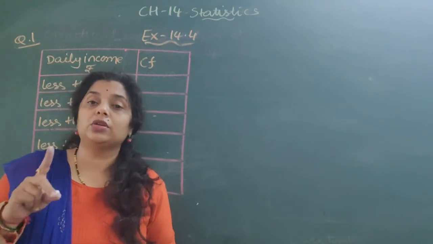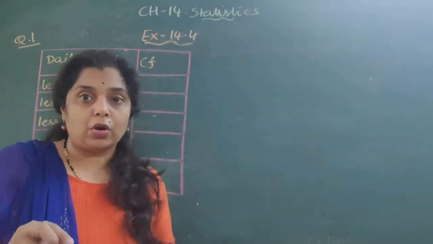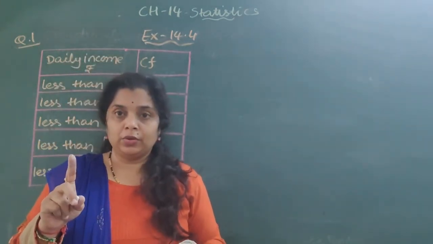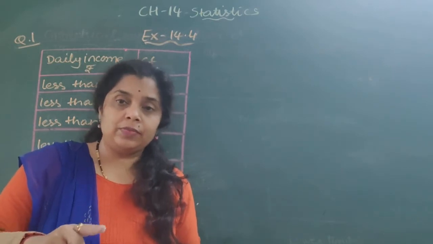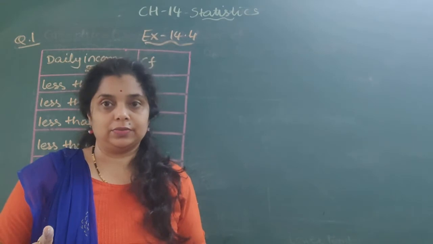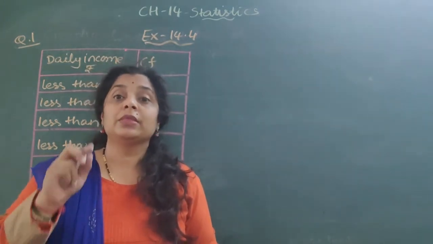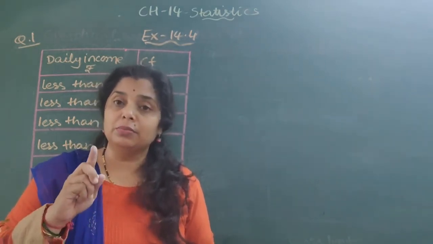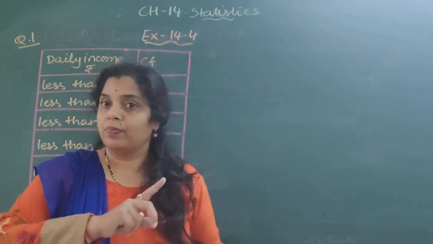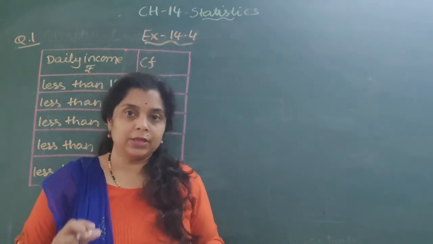As the cumulative frequency is given, don't forget that we have to plot the graph of cumulative frequency, not just frequency. If you take just frequency, you will get the wrong graph and you will not get any marks for that. Is it clear? Whether it is less than type or more than type, this distribution is mainly for cumulative frequency distribution, not for just frequency.